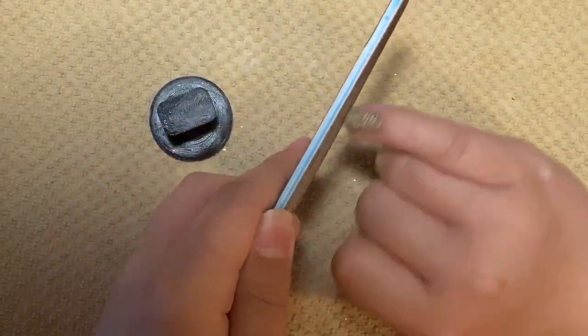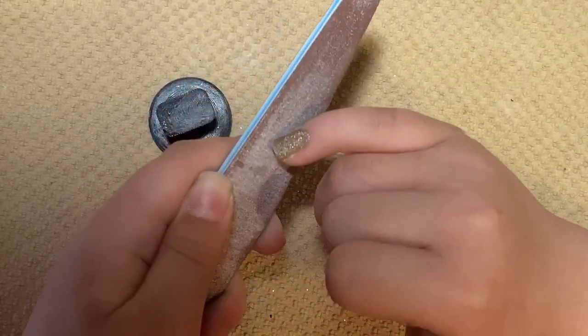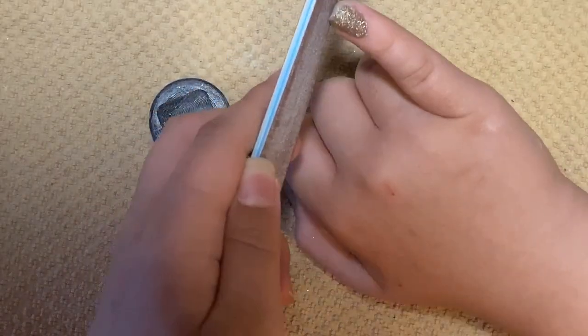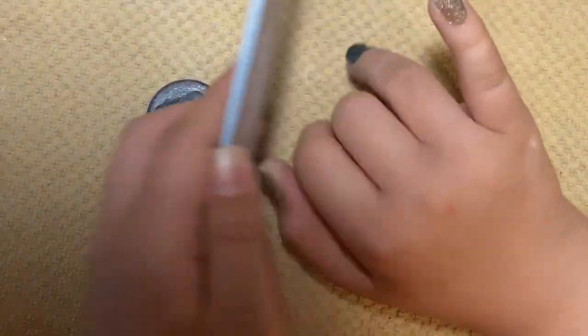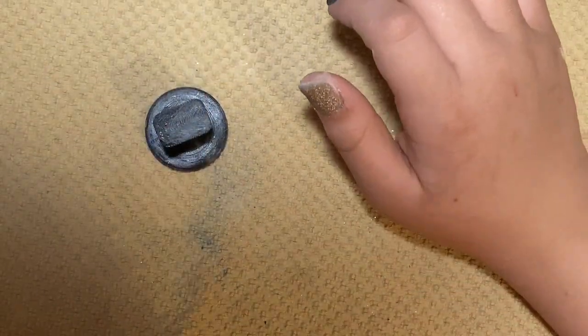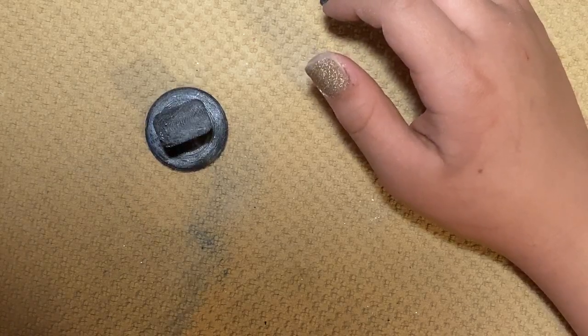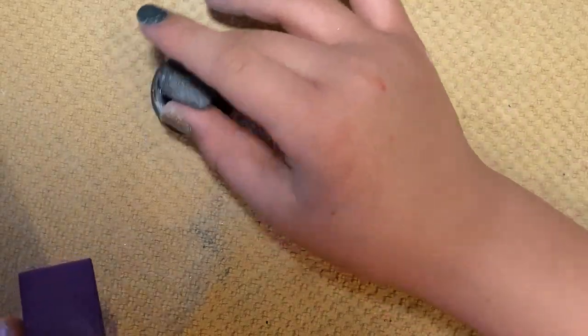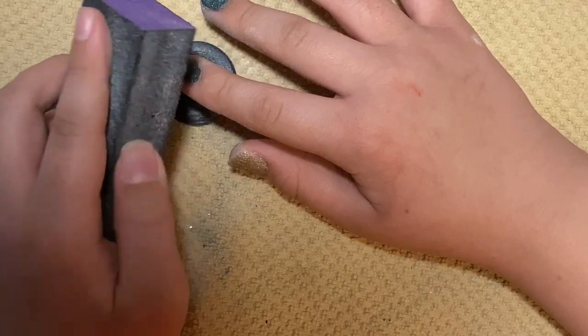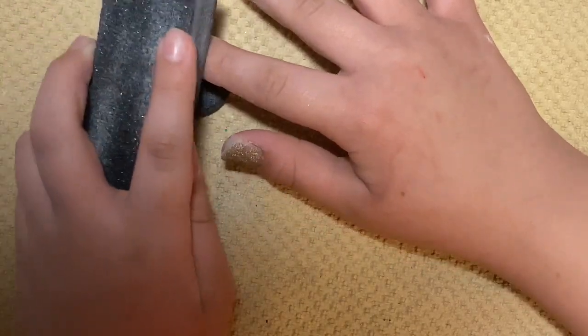There was no way I was letting him e-file these, nor did he want to. He had no interest in doing that. And as you can see, his nails on his other hand are long because I told him, gotta grow out both hands and then we'll figure out which one looks the best and then we'll go from there. So I will let you guys finish up watching him just shape and file,